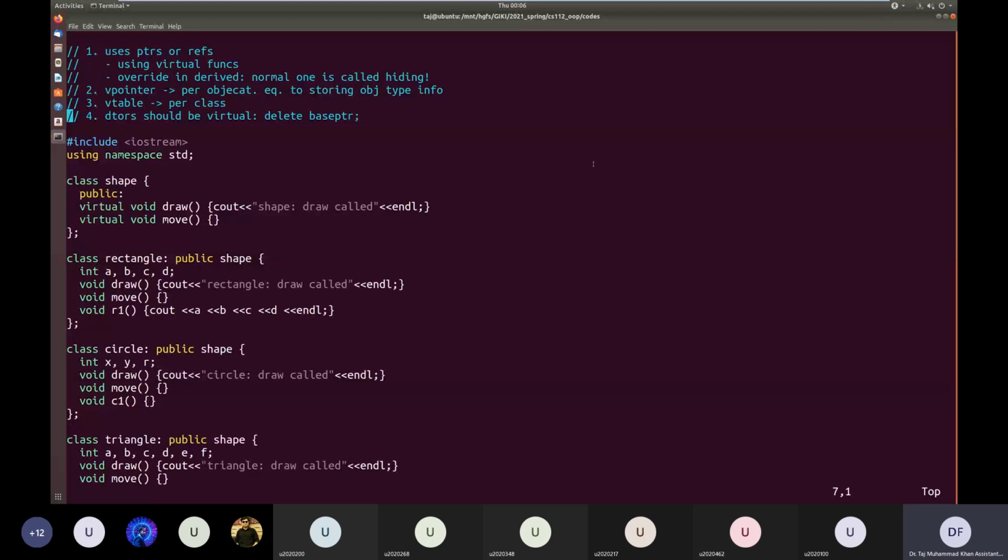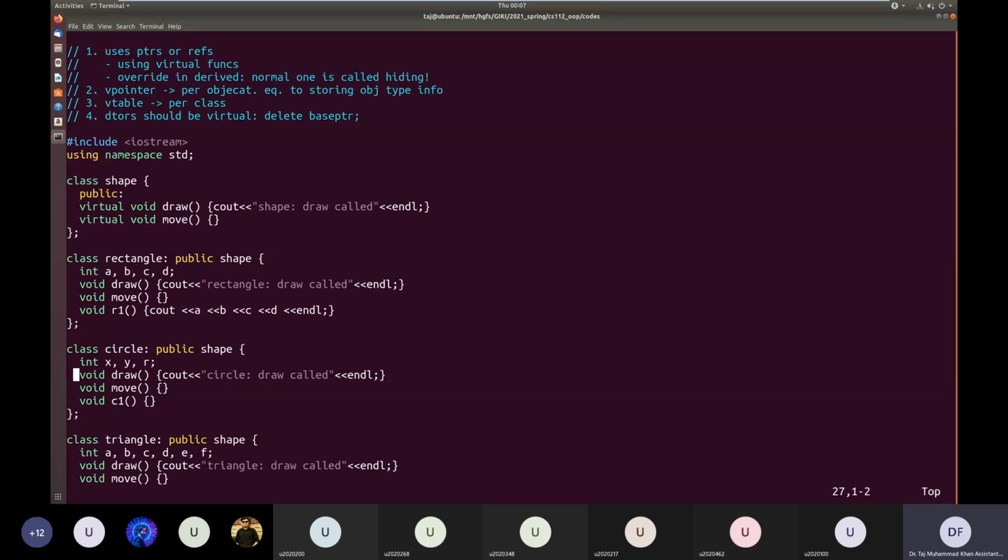You guys can see we have a class Shape, and from class Shape we have inherited different subclasses, derived classes: Rectangle, Circle, and Triangle. And these classes add more data member variables and extra functions to the functionality that was provided by the base class.